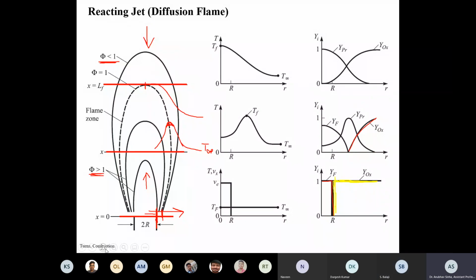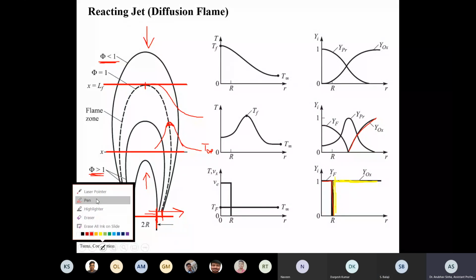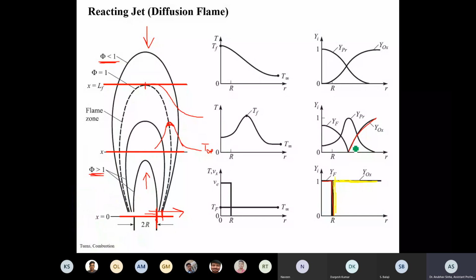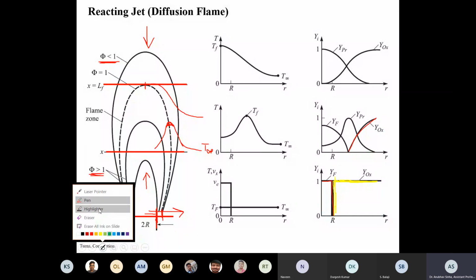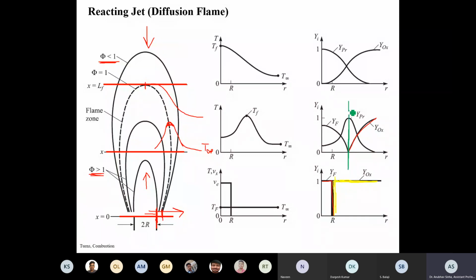So what is happening is, let me draw it. Let me answer one by one, otherwise you will get confused. Anyway, this is your flame front. This is the dotted line what we are talking about. Now inside the flame front we have fuel only. Second thing is product. Product is being formed here. There is no reaction taking place inside or outside. All the reaction is taking place in this thin region.